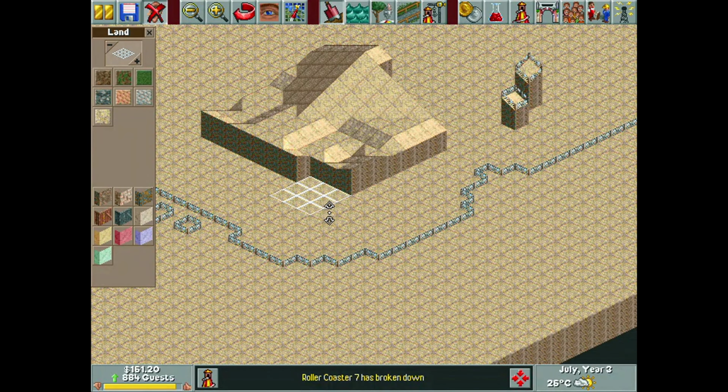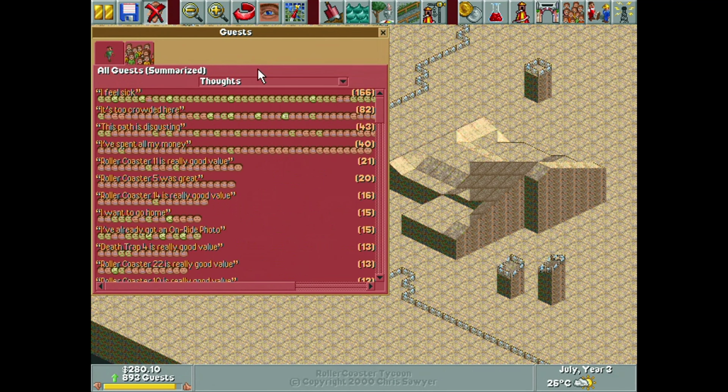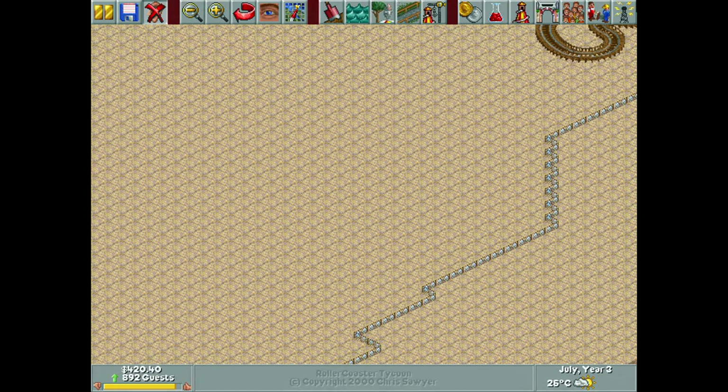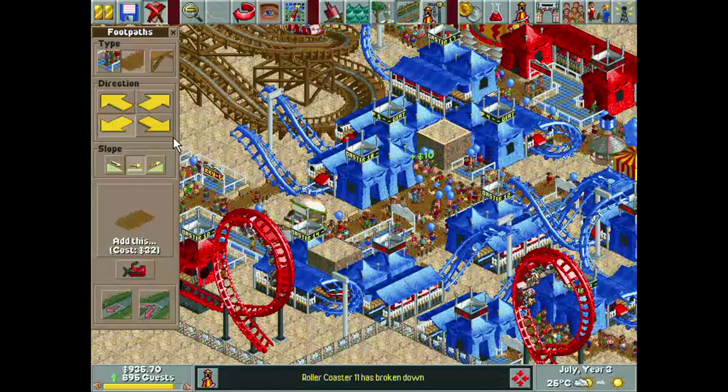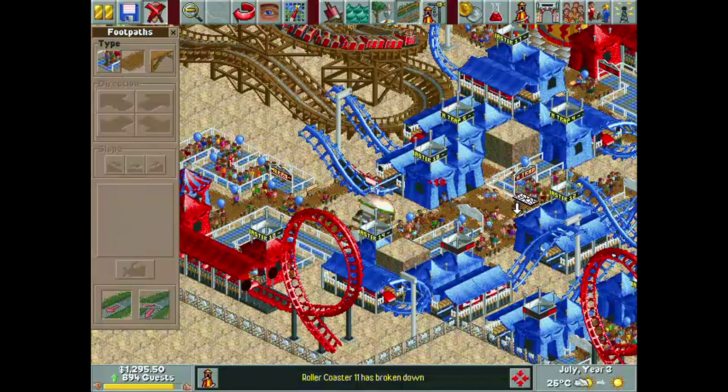Probably go over and check on my park, see how my guests are doing. No, I'm just waiting for money. That old wait for money dance. Oh, I had to pay for marketing, that's why. Checking on my guests, because I actually care. I actually care about my guests. I know I got all these death traps. Here we go. I'm making a death trap there because I got 900 guests in my park. That's too many guests. So,